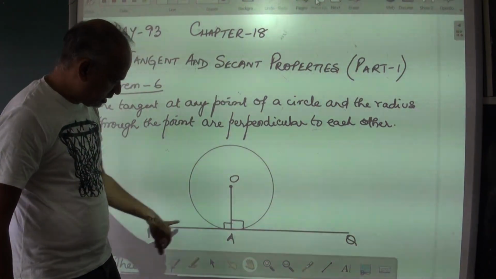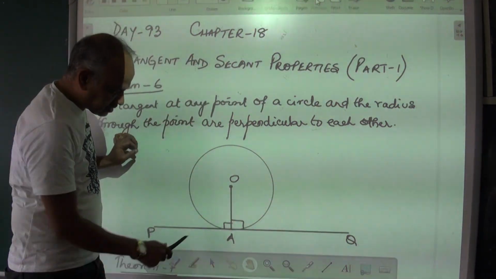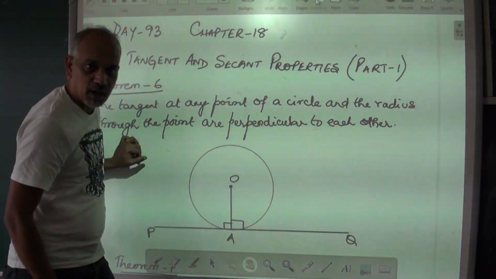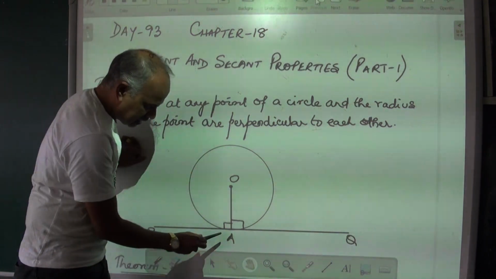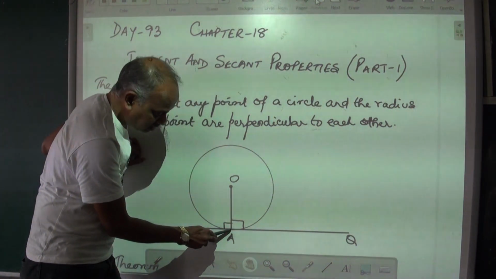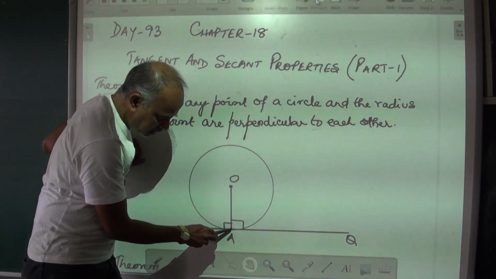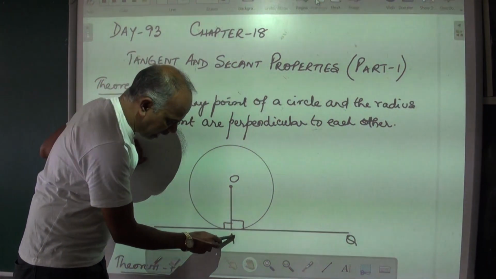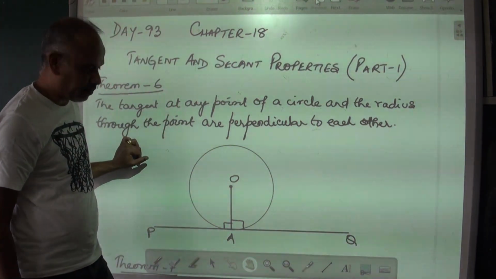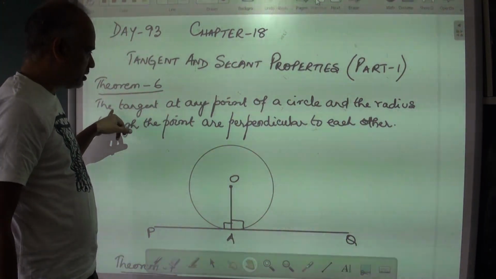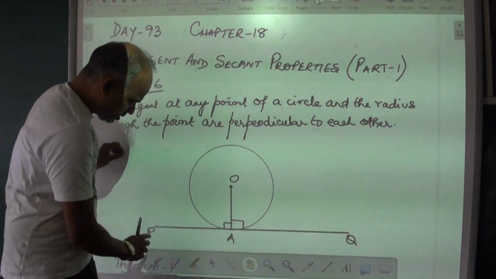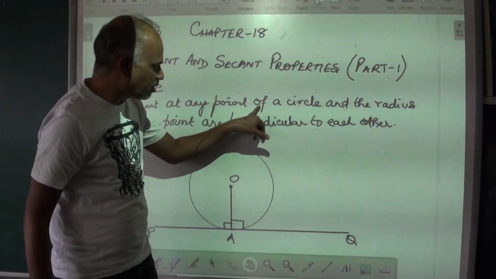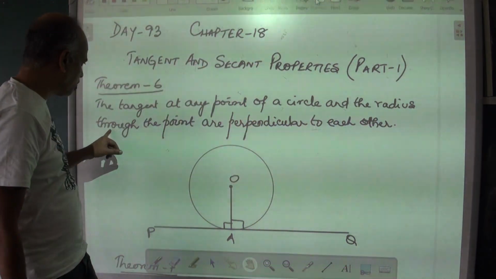Okay. So this tangent PQ touches the circle at A. So this point A is called the point of contact. This point A, which touches the circle and the tangent, that point is called the point of contact. The property is the tangent at any point, which means the point is at A. At any point of a circle and the radius through the point,